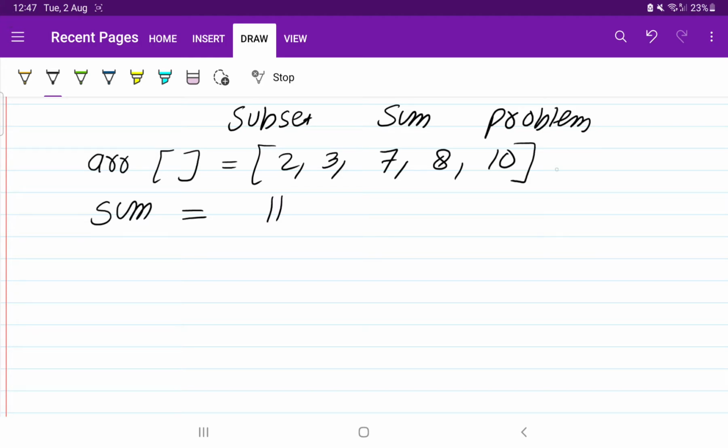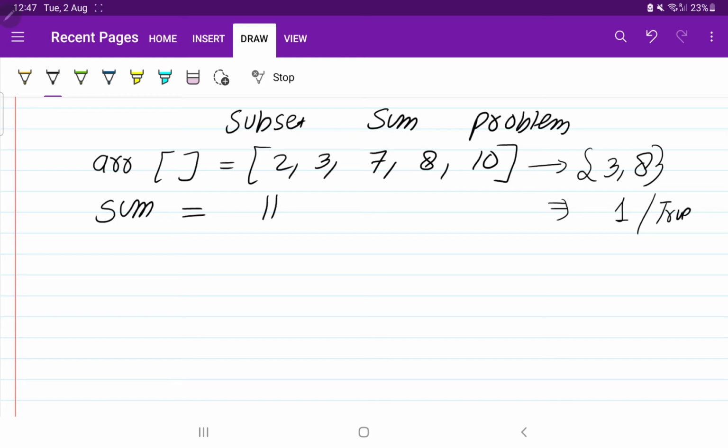If you take the elements 3 and 8, then 8 plus 3 will be 11. So yes, we have one subset which gives us sum as 11, and we are going to return 1 or true. We just have to check whether that subset is available or not.